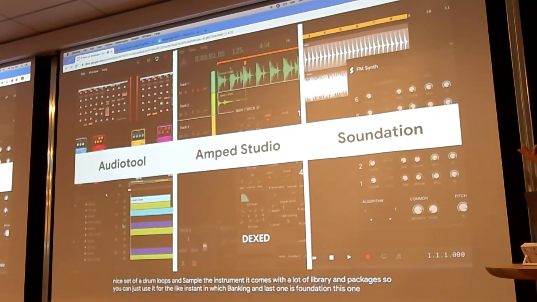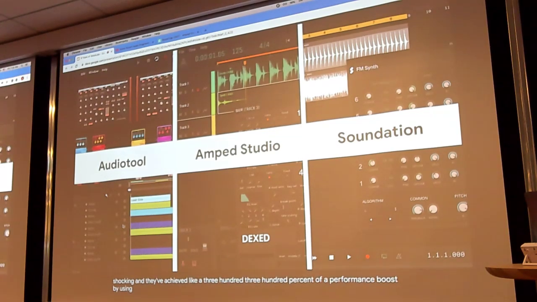This one was actually featured in Chrome Developer Summit last year because it uses multi-threading WASM. It was very shocking, and they achieved a 300% performance boost by using multi-threading in WASM. And they also had a very interesting transition path because the Foundation app was written in Nagel. I'm not sure it's familiar to everyone here.